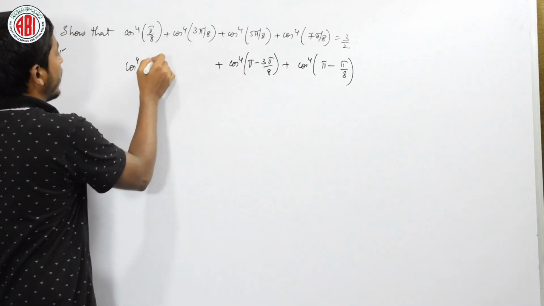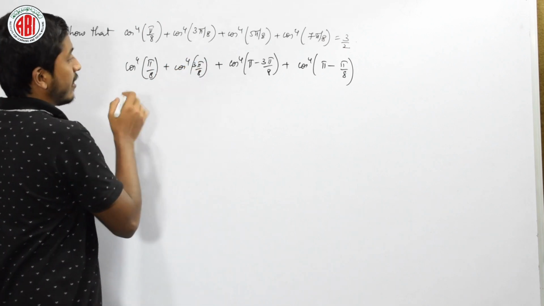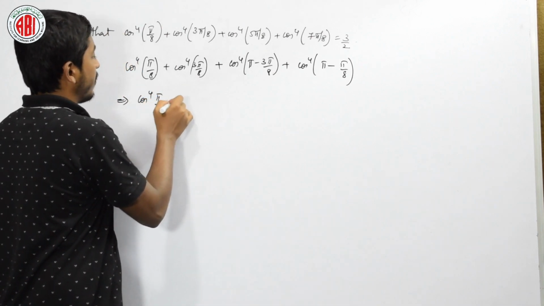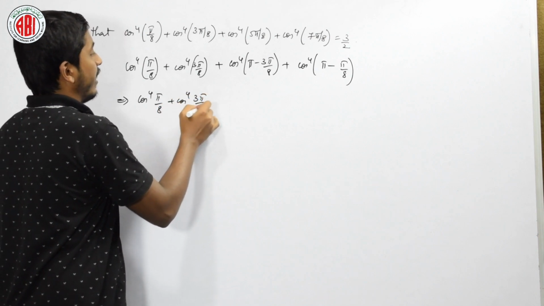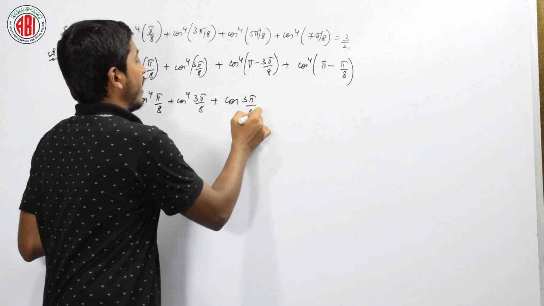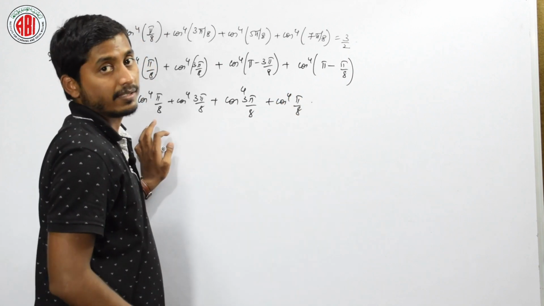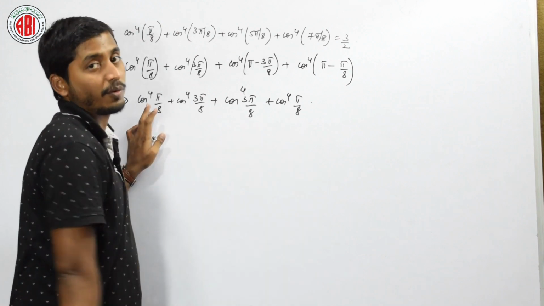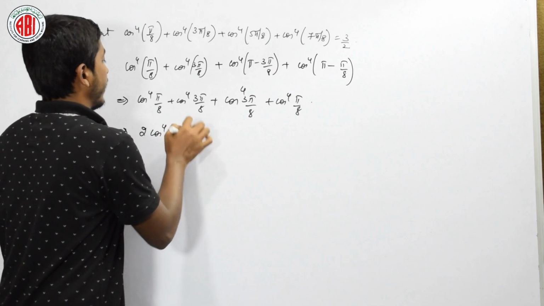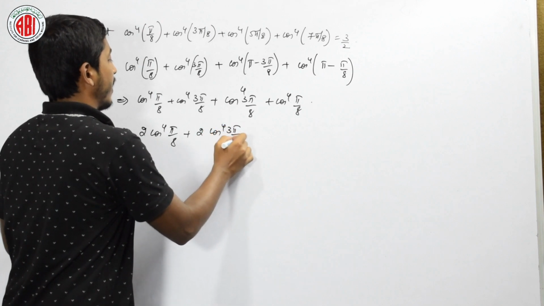Cos power 4 pi by 8 plus cos power 4 3 pi by 8. Now let us simplify it. Here it is cos power 4 pi by 8 plus cos power 4 3 pi by 8 plus cos 3 pi by 8 power 4, it will be positive, right. Here cos power 4 pi by 8 and cos power 4 pi by 8 will be 2 cos power 4 pi by 8. Here cos power 4 3 pi by 8 and cos power 4 3 pi by 8, it is also cos power 4 3 pi by 8.